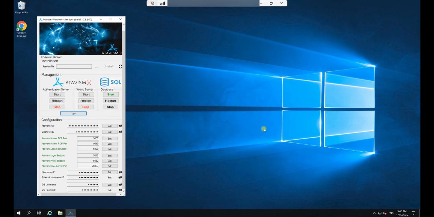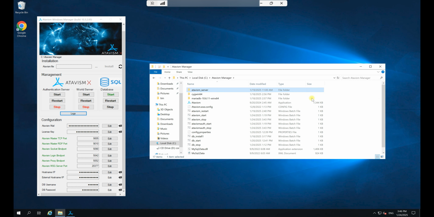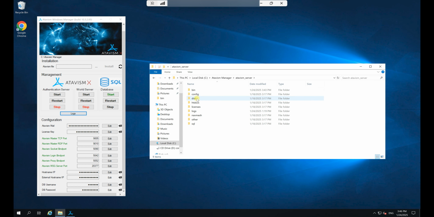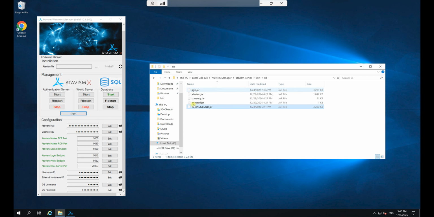Okay, we're back on my remote server I set up on my last tutorials there, my CloudRift server. I can go ahead and go to my manager. I'm going to hit logs. Will bring us to our file explorer. From here, go to server, go to dist, go to lib, and this is where our agis file lives here. So I can go ahead and import the one I just created, which is our test agis build.jar, and now